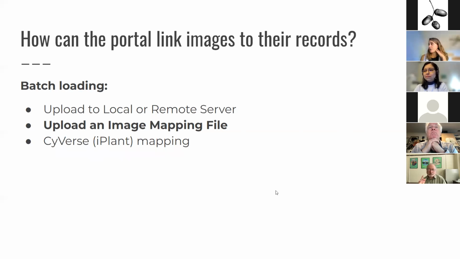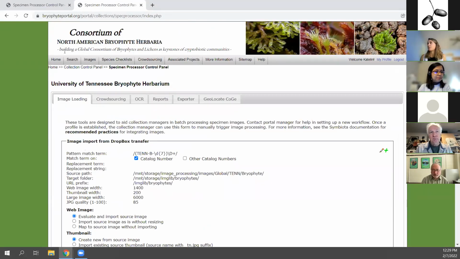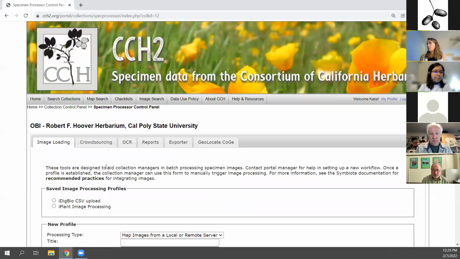Okay, upload an image mapping file. This is going to be mostly useful for anyone who has their images stored on a local web accessible server or some place where they can produce a URL for every catalog number that exists. So if I go back here,